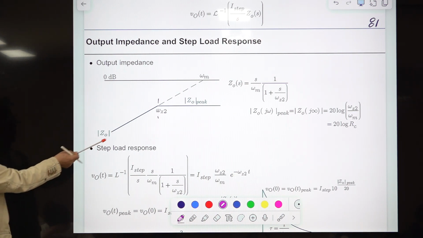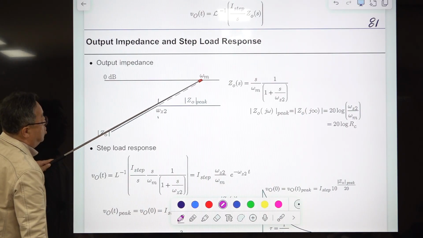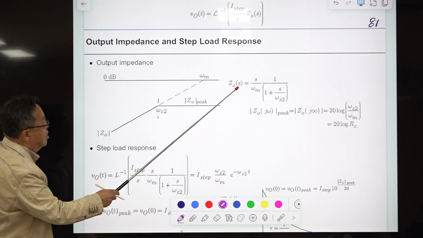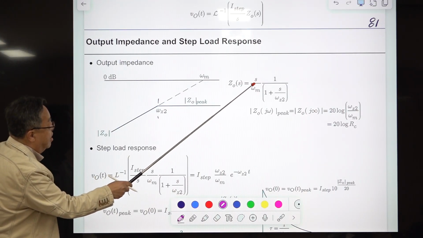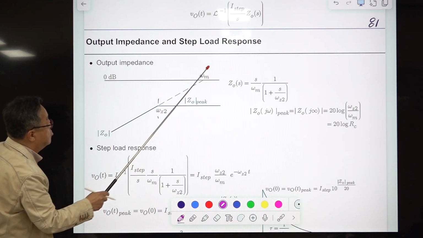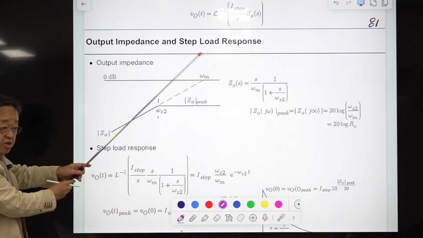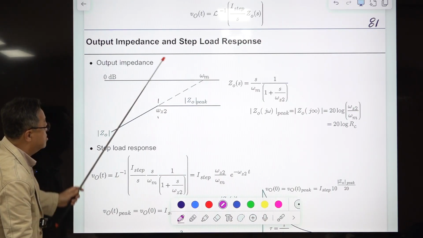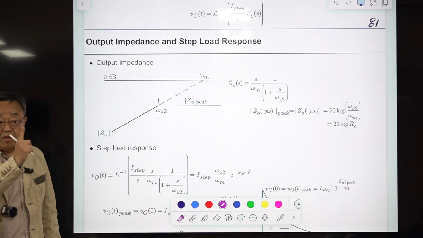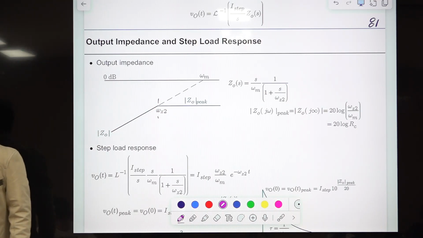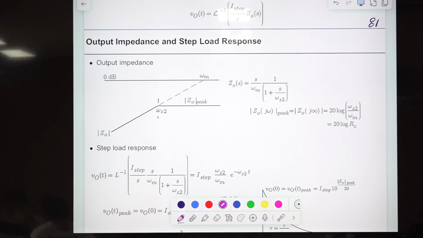And you extend this line segment, and it crosses 0 dB at omega m. That is an assumption. Then the equation of this, GOS, is S, the differentiation, and in the denominator omega m is here. Then when you replace S with omega m, this becomes 1. That is the 0 dB line. And you have this pole here, omega G2. This is the low frequency pole, only one pole here. Only one pole, as the system is a first order system. So the transient response will be very similar to the first order response of a linear